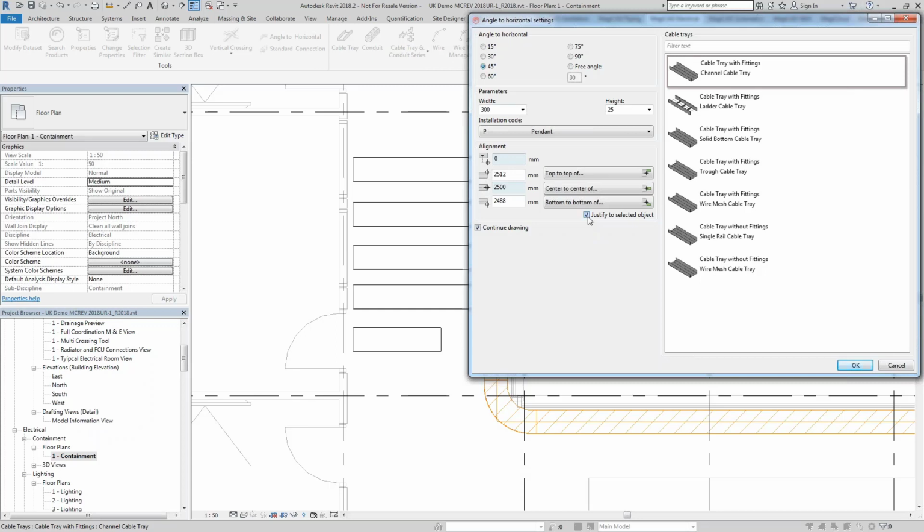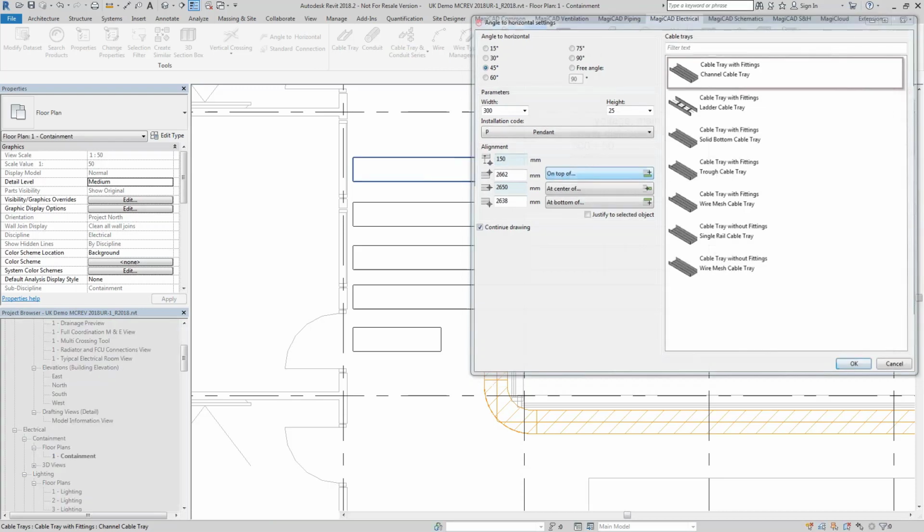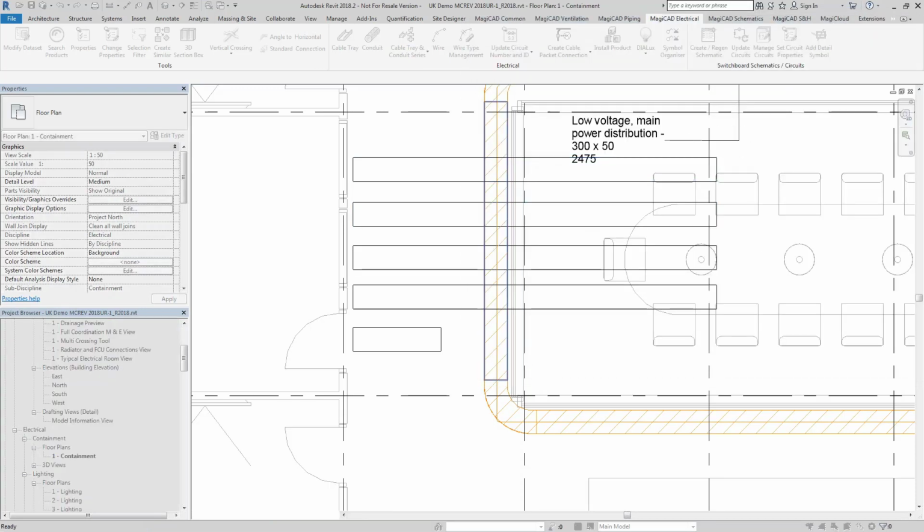Now, if I want to draw this over the top of another object, I can uncheck this justification box here, and then my tools change so that I can draw on top of, or I can draw below, and I can also put a tolerance in there as well. So if I want to keep 150 mil clearance between the two objects and I want to draw it on top of another object, I click on top of, I click on the tray like so,